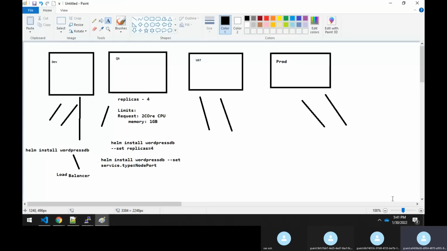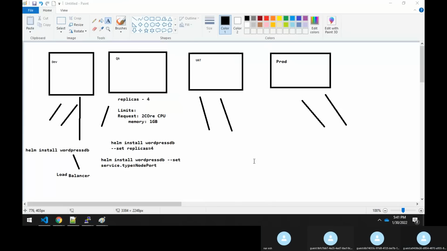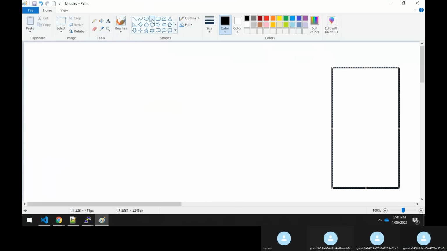Okay. So what exactly does Helm do? I need to install the Helm package. I'll draw one more diagram here. This is my Kubernetes cluster. Inside it I have a master and a worker node. Correct. So this is your master,